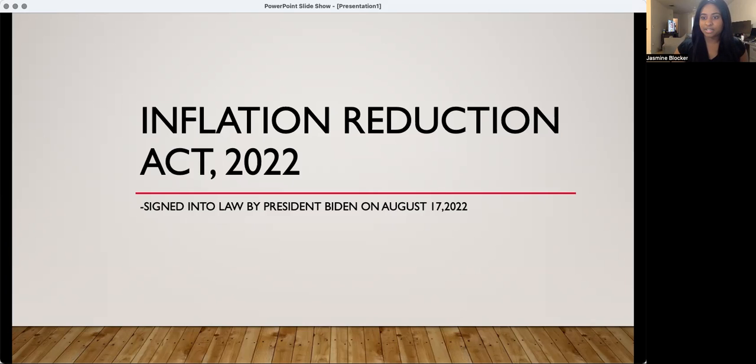Today we're back basically just going over the recently passed Inflation Reduction Act. This was signed into law by Biden just yesterday on the 17th. And we're going to talk about what impacts this bill is supposed to have on inflation, if any. We're going to talk about what is comprised of this bill, what are the main focuses, and we're also going to take a look at the breakdown of spending and the breakdowns of recent investments that we've seen enacted because of this act.